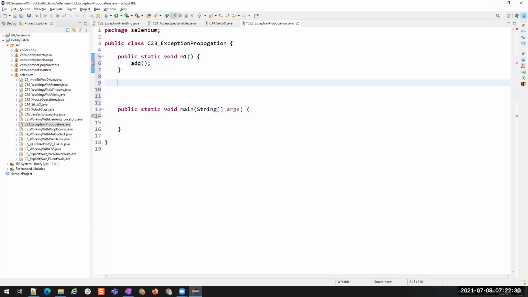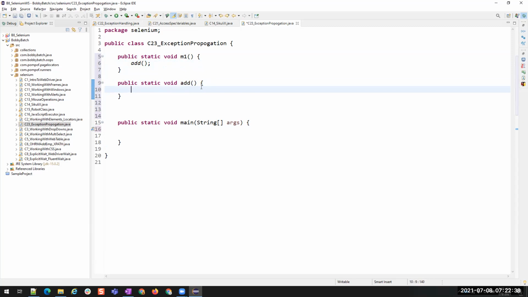So I'm going to create that add method. Public static void add, where I call some method which accepts two parameters, 10 and 20.